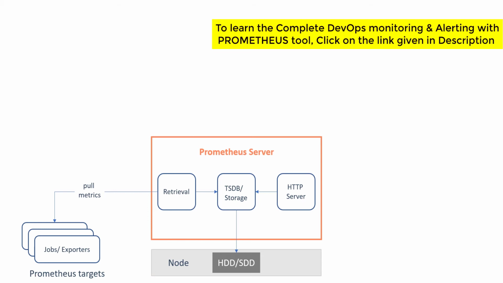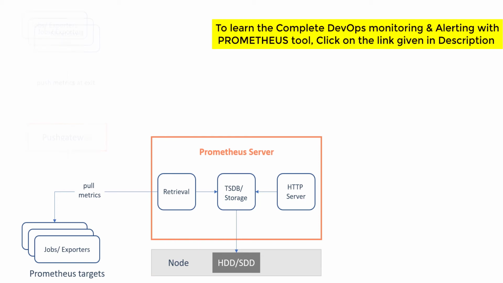Now talking a little about these targets, guys, targets can be in the form of jobs or exporters. Jobs as in your own custom defined jobs, or you may use some exporters to obtain metrics from, like a Linux machine or a Windows machine, etc. Not only external applications, but to make Prometheus highly available, it also allows us the capability to pull metrics from other Prometheus servers as well. So for example, if there are two Prometheus instances running, then one Prometheus instance can scrape the metrics of the other instance. Okay, so this was how Prometheus pulls the metrics from targets.